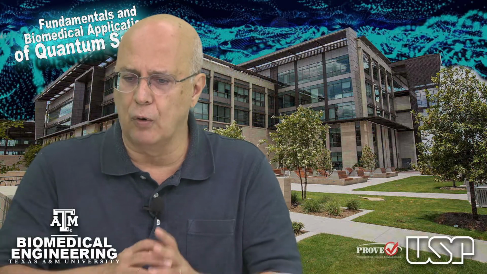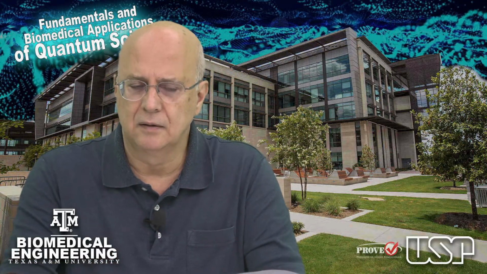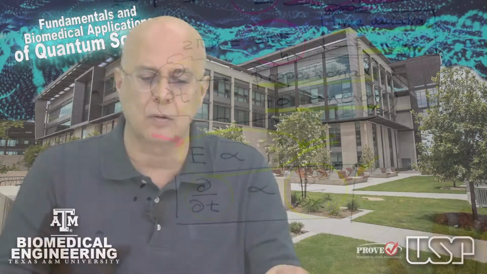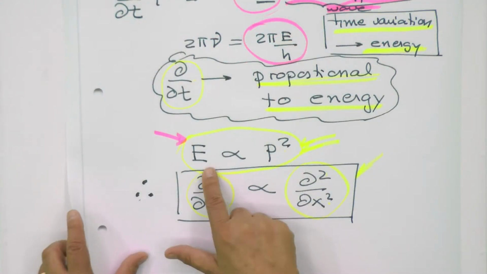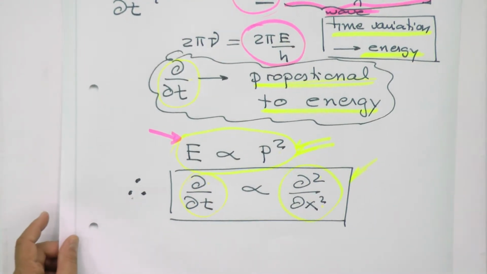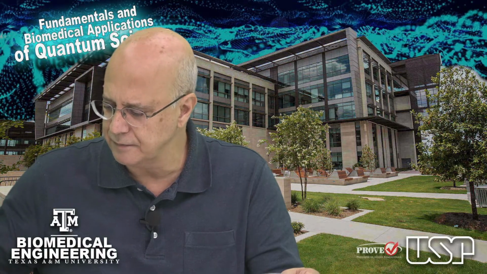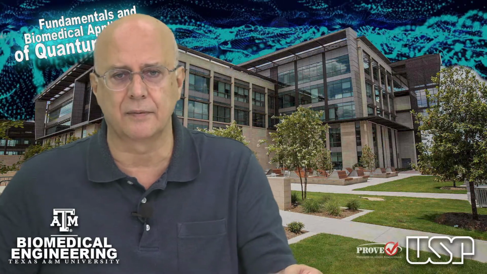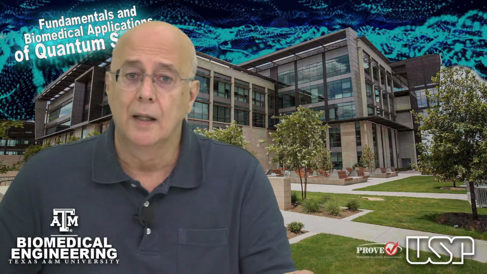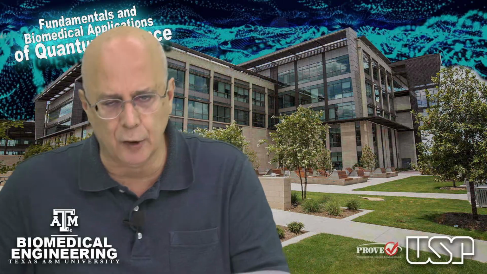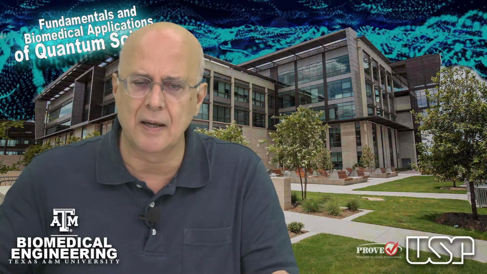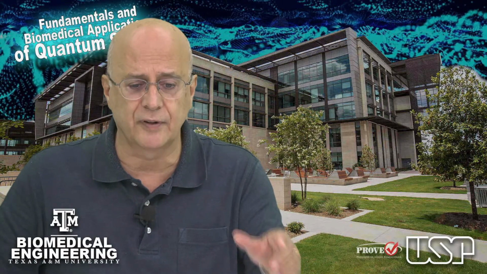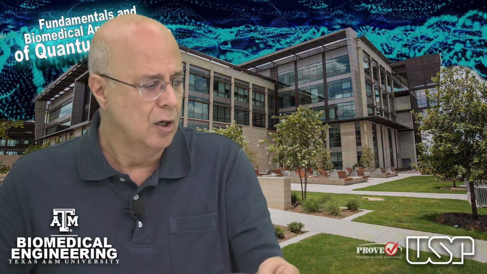Okay, so this is an important thing. This is important because we are looking for an equation that has to be consistent with the fact that energy goes with momentum squared in most of those physical systems. And then you're going to say, well, but relativistically speaking, that may not be the case. And I agree with you, but I am jumping a few steps that were done in the history of the formulation of quantum mechanics, proving that